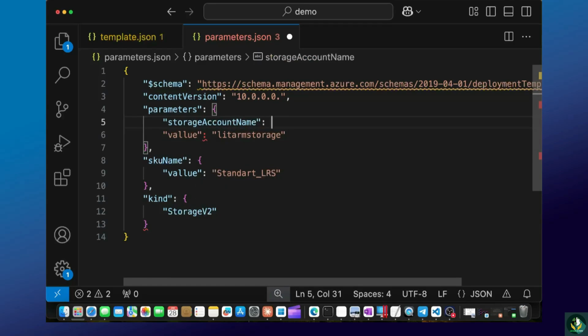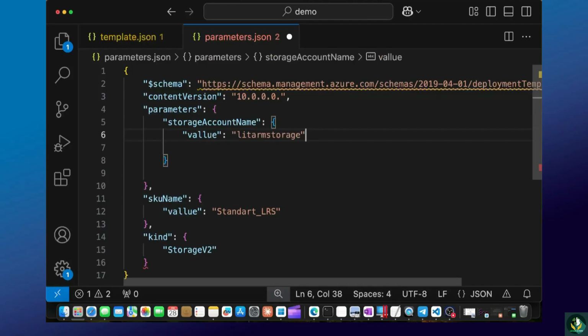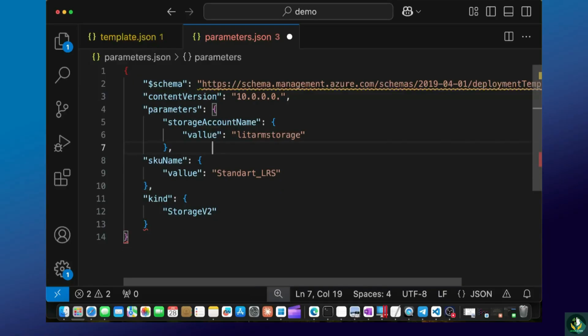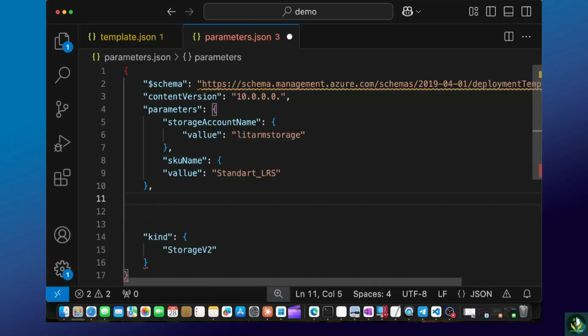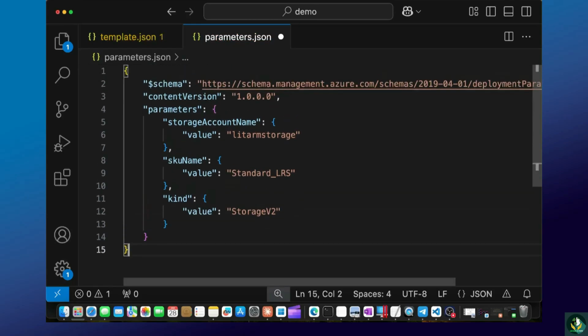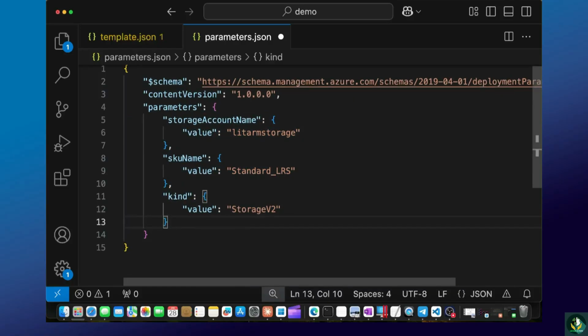Again, a colon here, curly braces, and we'll put this value inside of this block, like so. A comma here, then we don't need this one, like this, and we'll need to correct the indentation here. SKU name should be placed here, and kind should be placed here. So the final document looks as follows. Now all the indentation seems to be correct, and we are ready to use this